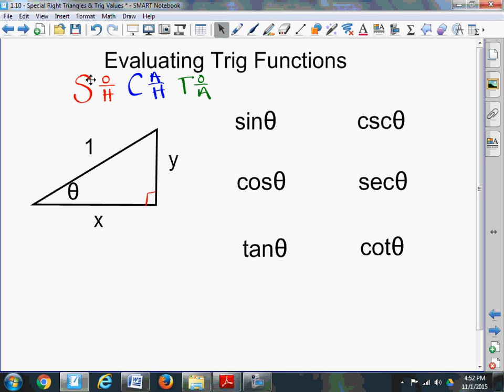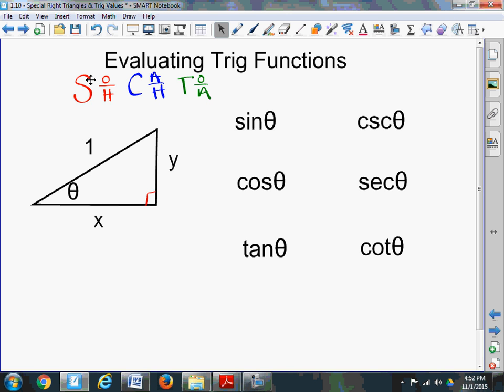You would take the sine, the reciprocal is cosecant, take cosine, the reciprocal is secant, take tangent, the reciprocal is cotangent. So we're going to look at how we can set up each of these trig ratios so that we can find them for 0 degrees, 30 degrees, 60 degrees, 45 degrees, 90 degrees, and anything that is coterminal with those